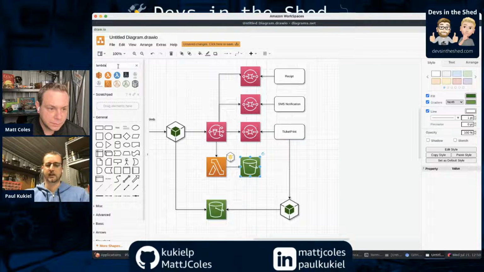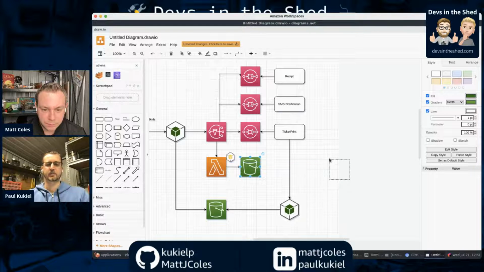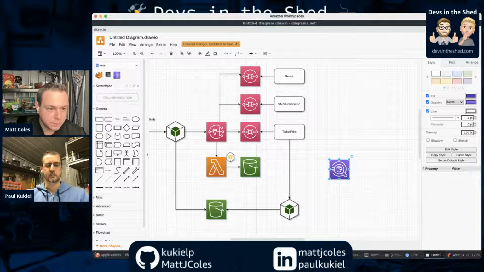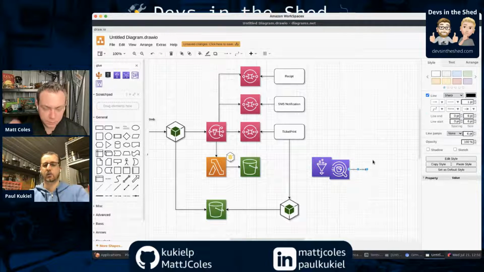So because S3 is, I guess, indexable when you have JSON or Parquet or CSV files, we implemented Athena on top of that. So we wanted to use Athena to be able to query directly into that JSON. And what we did there is we used Glue, and a crawler in Glue to crawl through